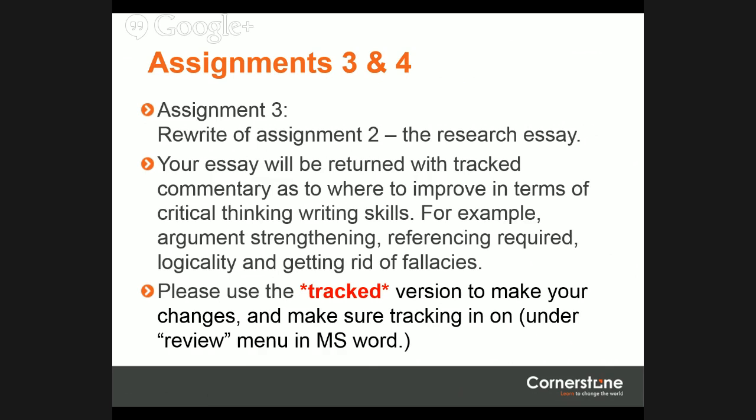Hopefully, if you've read your comments now and gotten past the potential shock of whatever grade you received, you will have taken some of our comments to heart.